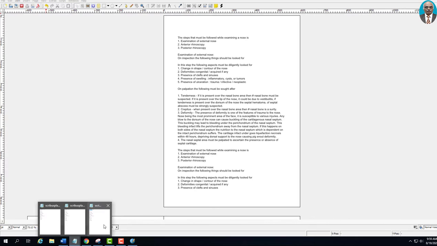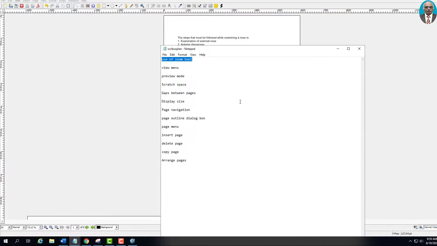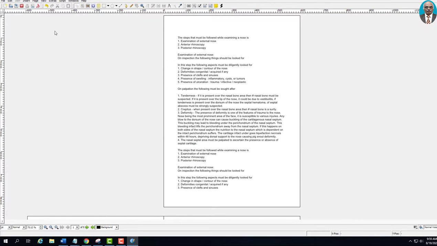Then the page outline dialog box. Now we need to know what exactly the page outline is.